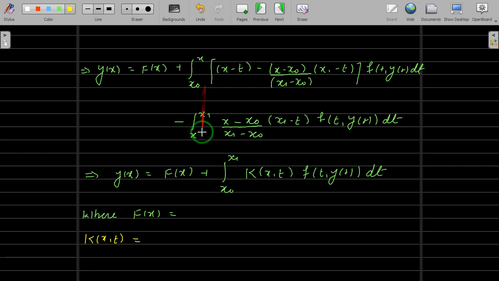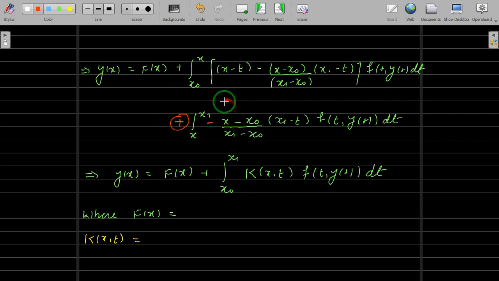In short, you plot these two integrals together, x0 to x, x to x1. Now you may say that there is a problem with this minus sign. So you can take this minus sign inside here and write this as plus here. No problem. So it is x0 to x and x to x1 addition, so it is x0 to x1. I repeat, in these two integrals, this function f t y t dt is same. Only thing you have to take care of is this. So there are two integrals x0 to x and x to x1, so I have written a single integral x0 to x1.